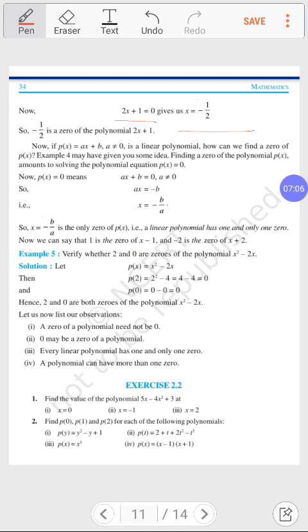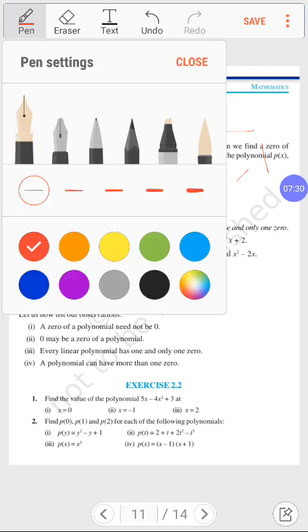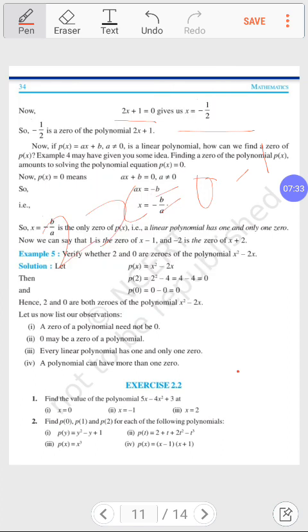In an equation, when any number goes from one side to the other side, its sign becomes opposite. It is 2x plus 1 is equal to 0. When I take plus 1 to the other side, it becomes 2x is equal to 0 minus 1. I will make it a little bit thicker so that you can watch it properly. Then 0 minus 1 is minus 1. And when this 2 goes to the other side, it becomes x is equal to minus 1 by 2.